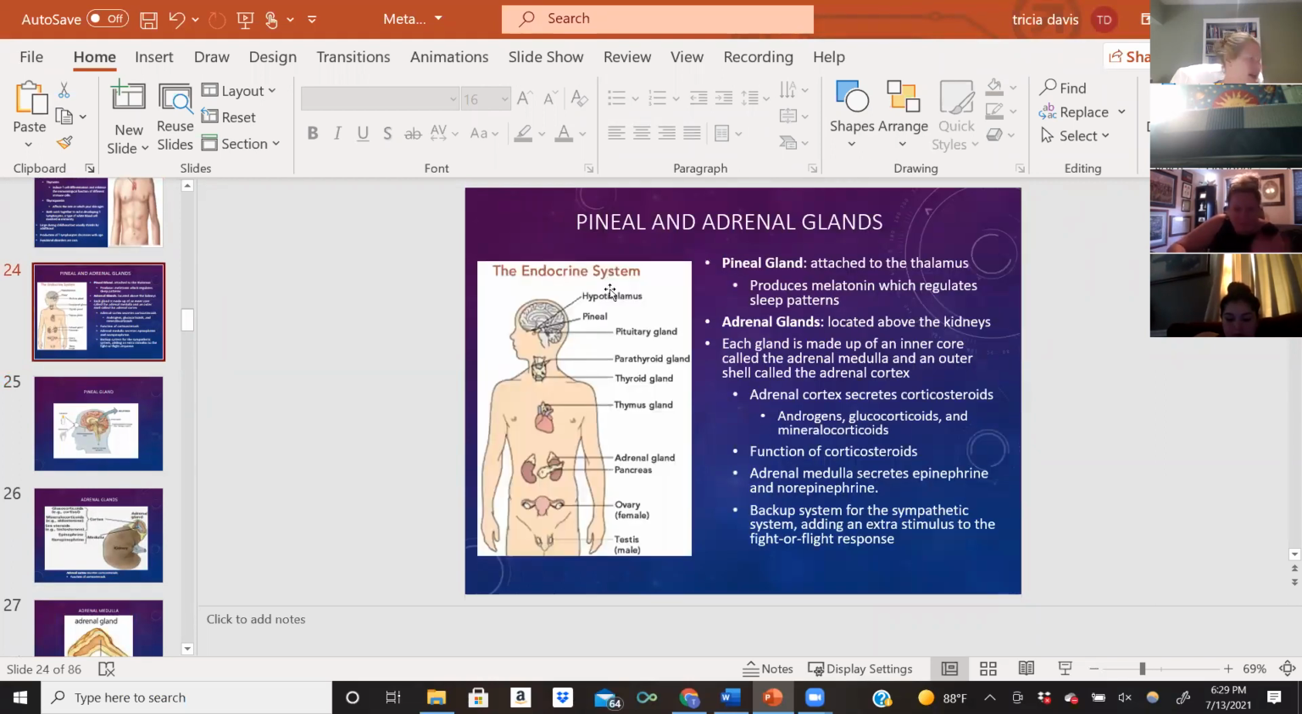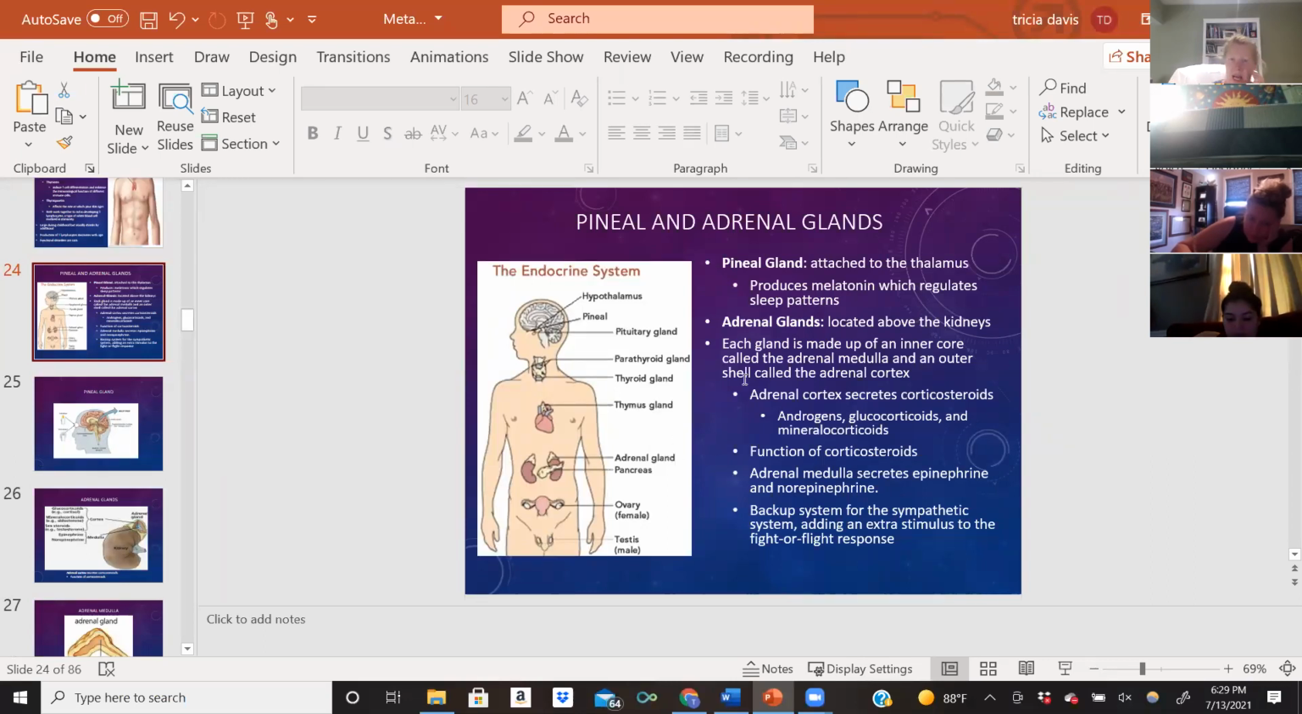All right, so we have your pineal and your adrenal glands. So the pineal gland is going to be attached to the thalamus. The pineal gland is responsible for producing melatonin, and we know that melatonin helps regulate our sleep patterns. The adrenal gland is going to be located right above the kidneys. So each kidney has a